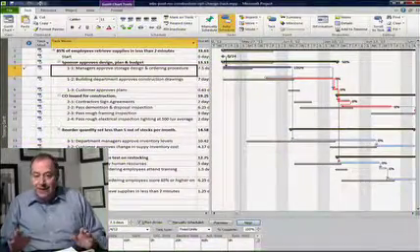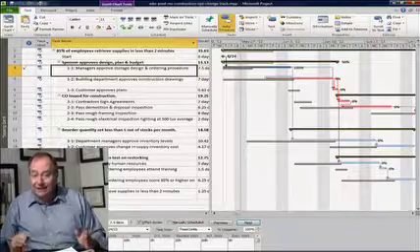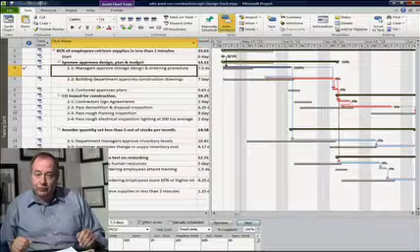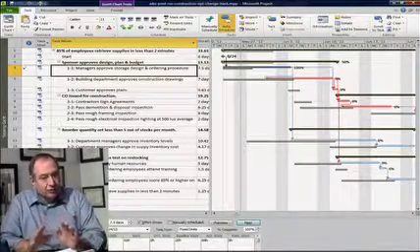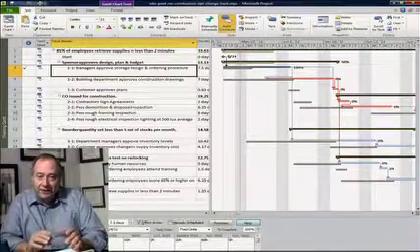Our next step is to gather the status data from the team on our supply room project and enter it into Microsoft Project. You'll learn how to do this in the software movie that's next. But let's take a look at what the final product's going to look like as we have been.